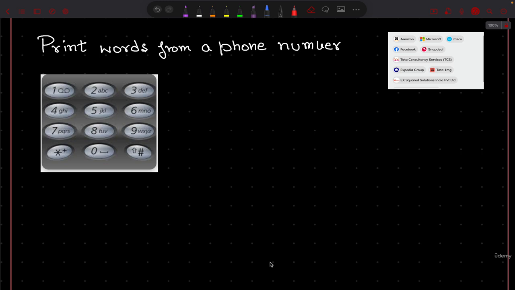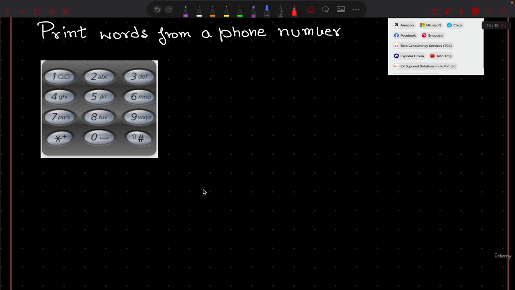Now, first let me define the question to you. The question says that you have to print all the words which can be made from a given number. Now, the overall idea of this question lies in this particular keypad. So many of the phones, right? Before touchscreen phones, there were these keypad phones where to type something,